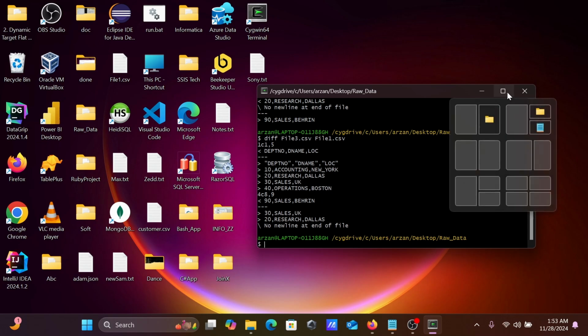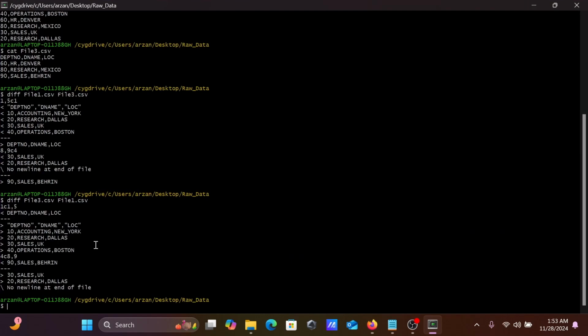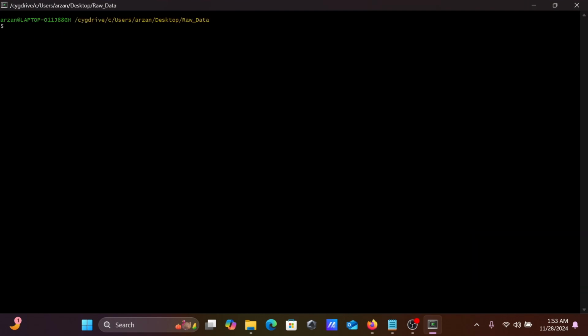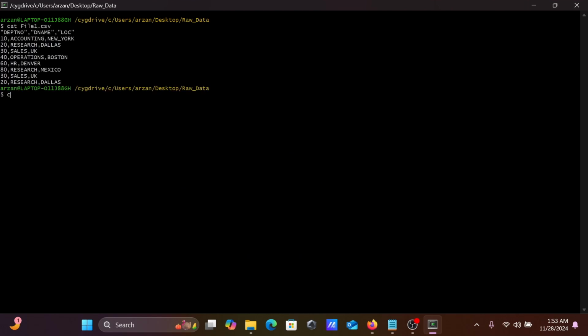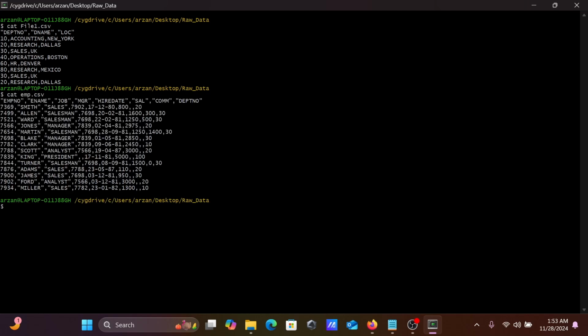After that, let's compare another pair. Let's use cat file1.csv, this is the record, and now cat emp.csv, this is the record. There are no common columns there. So if I'm going to use the diff command,